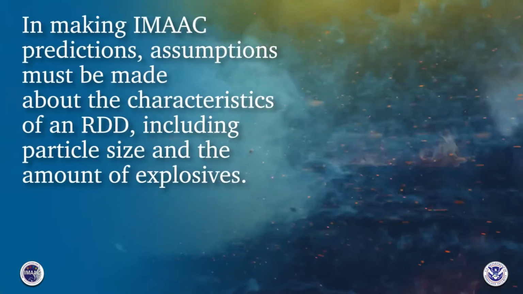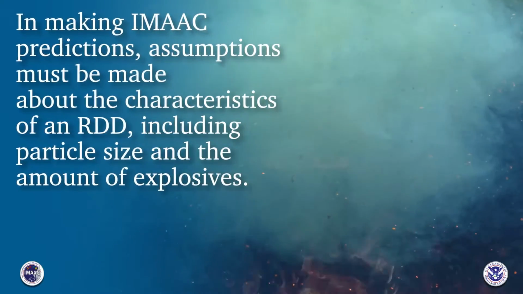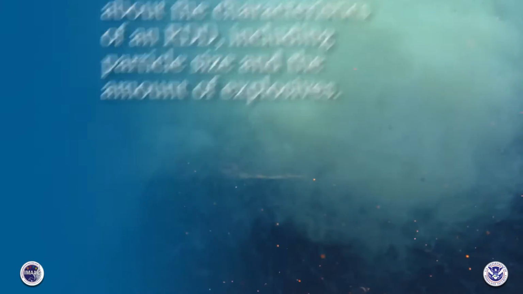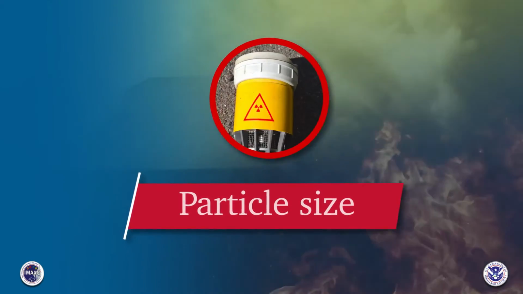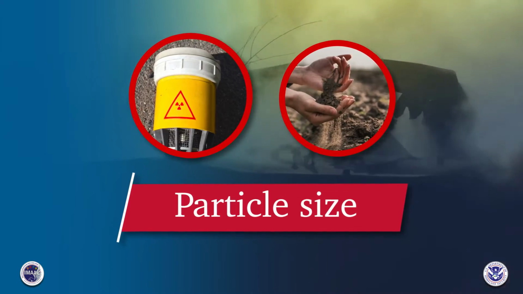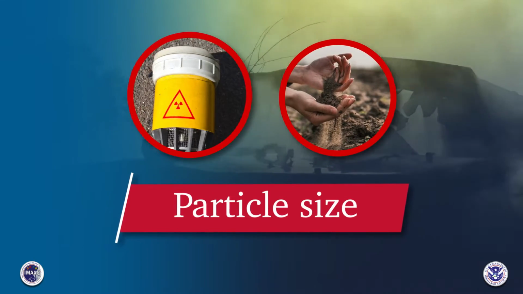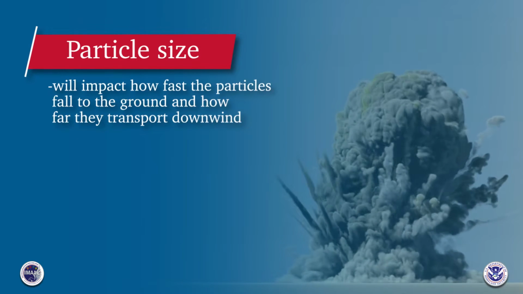In making IMAAC predictions, assumptions must be made about the characteristics of an RDD, including the sizes of the particles released into the air and the amount of explosive. Particle size will depend on the type and form of the radioactive material assumed to be in the device, and the surrounding environmental material, such as soil. The size of the particles will impact how fast the particles settle to the ground and how far they transport